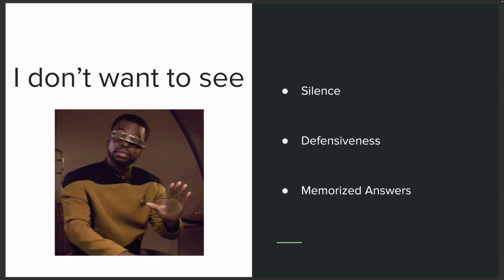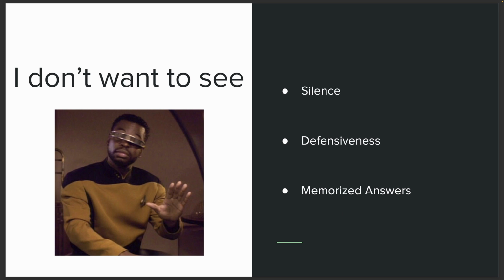I also don't want to see defensiveness. This is kind of the counterpoint to what I just said about openness to feedback, that if someone has a suggestion or a hint, I want to know that you're going to take it well and you'll apply it, and that hint may be useful, it may not be. If someone gives some feedback and you have an argument that says, actually, I think it's better this way because, right? Like, that's not defensiveness. But it does become defensive if you are totally not open to feedback.